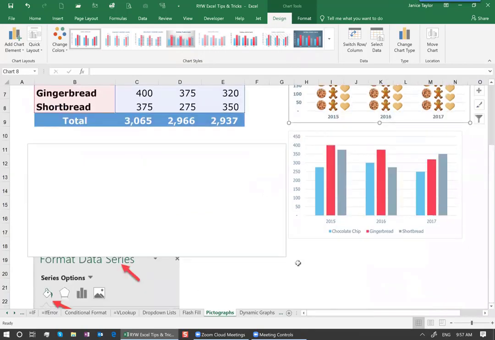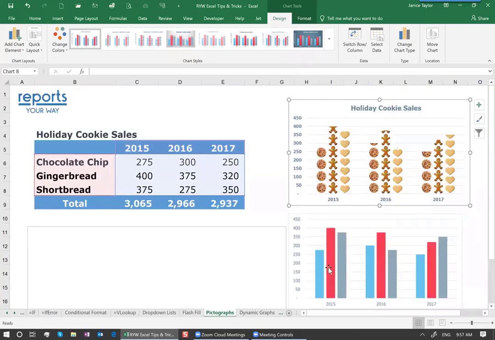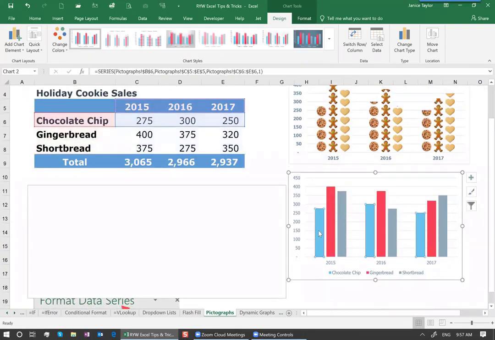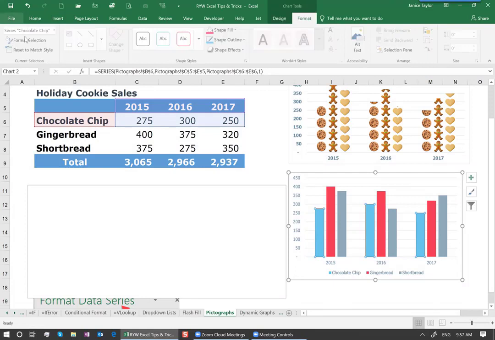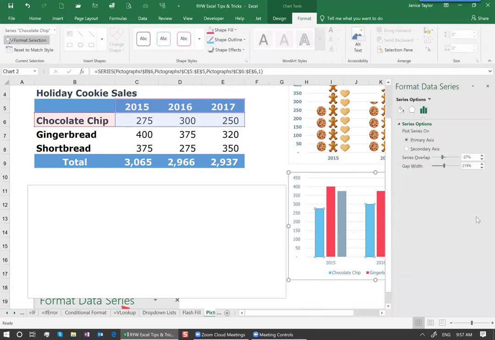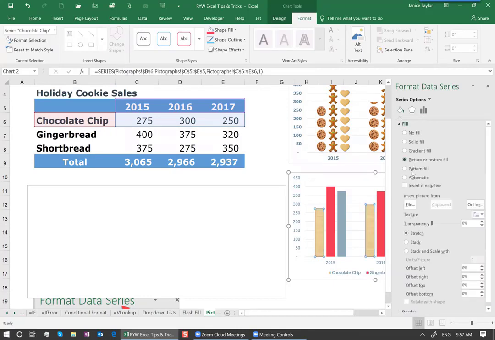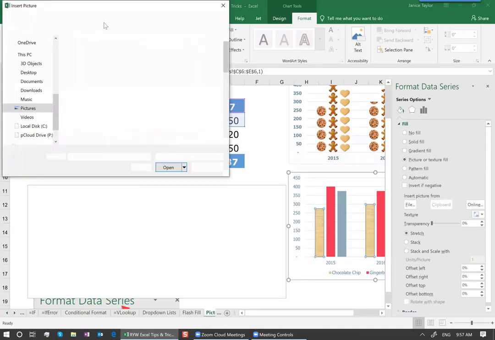And then how do I get my pictures in? Well, you have to have your pictures already. And I'm going to pick the one bar here. You start with your first bar and you come into your format that section, and we're going to come to your formatting your data series. You come into your fill and you'll see on fill that you can actually get a picture, and you go get your picture. Now mine's on my desktop,